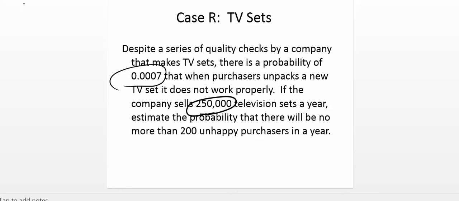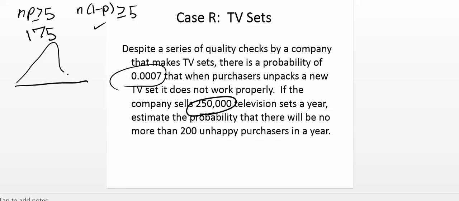so that when we calculate the two things that have to both be above 5, we need to make sure that n times p is greater than or equal to 5, and also that n times 1 minus p is greater than or equal to 5. Our n times p is equal to 175, and that's plenty big, and then this is going to be huge in comparison. So we're going to have a good approximation here using the normal distribution,